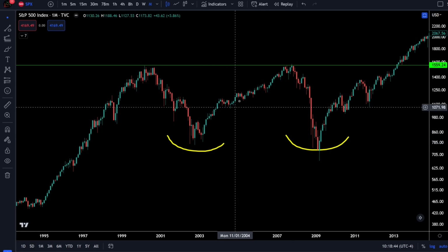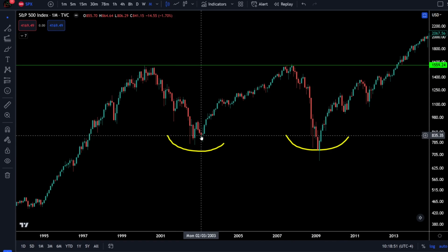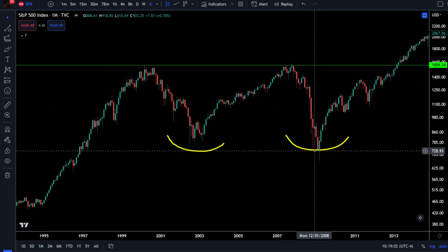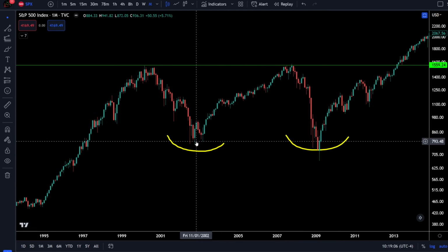Looking back at it, if you did not buy in 2002 and you did not stay bullish for the majority of that 5-year period while we were in a bull market, you would have made no money. And if you stayed bearish because of the bear market in the rearview mirror, you would have lost a lot of money trying to short this bull rally. And then likewise, when the bear market returned in 2008, if you stayed bullish the entire way down and ignored the fact that we were in a downtrend, you would have lost any money that you made during that 5-year